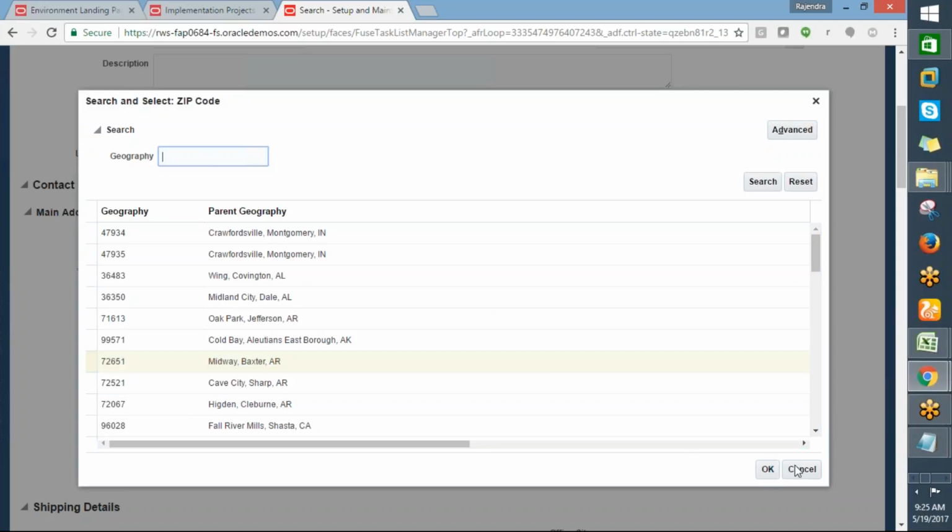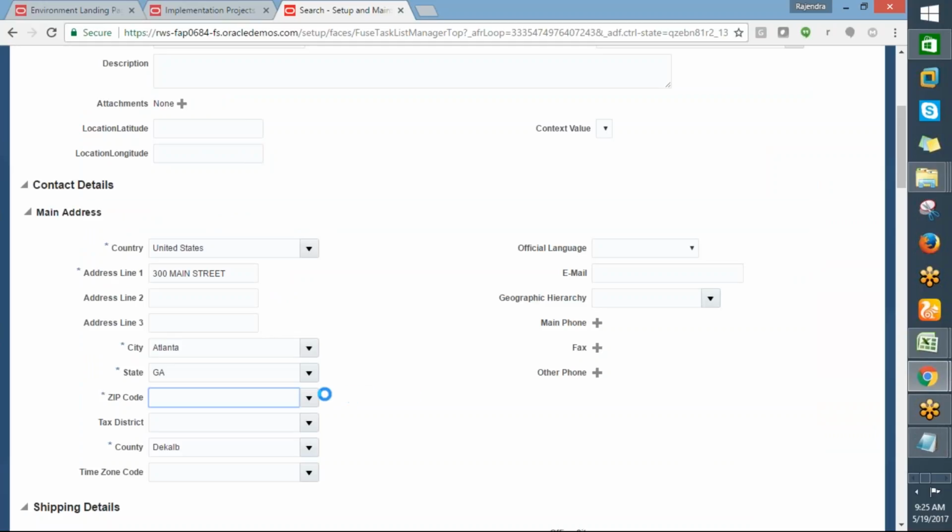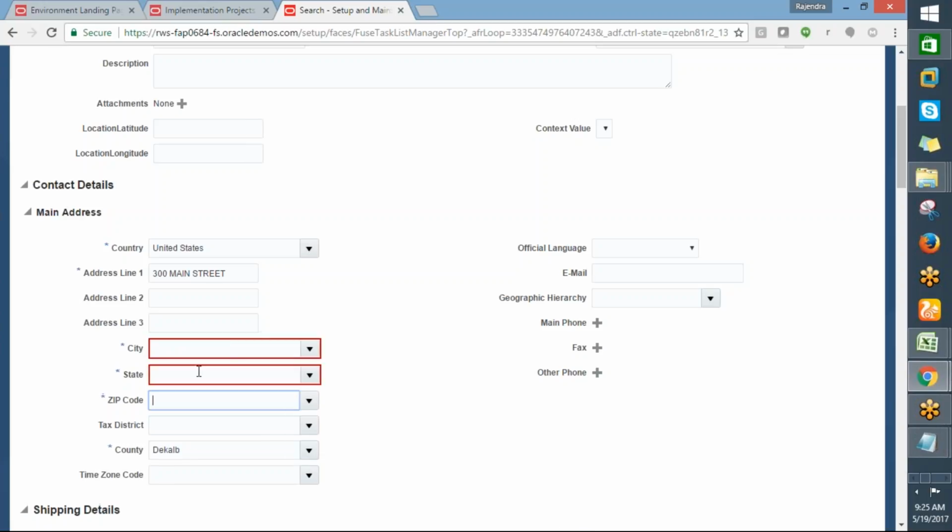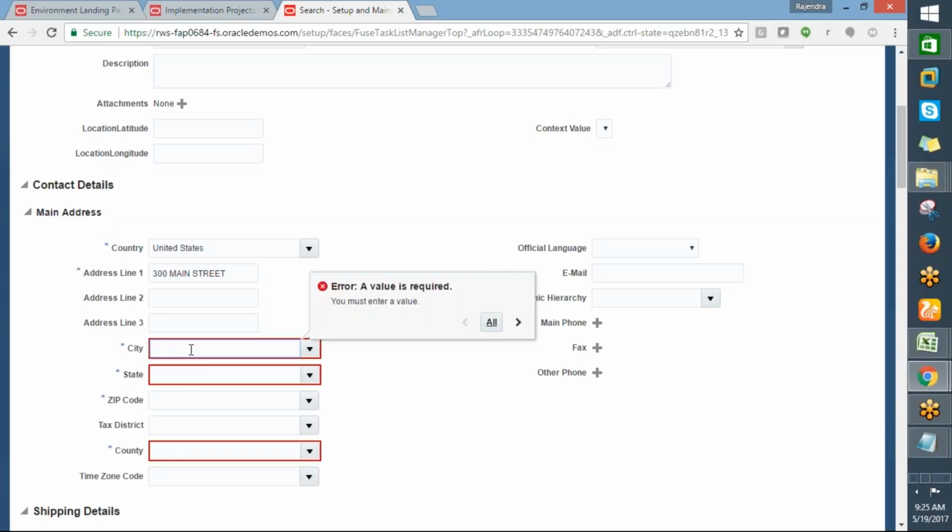I didn't find relevant zip codes here. Yeah, nothing else. One second, let me give you. So you can give anyone. It's not required to be Atlanta only. I think you can give your location. You are located right in that location, and that's also fine. Yeah, you can give